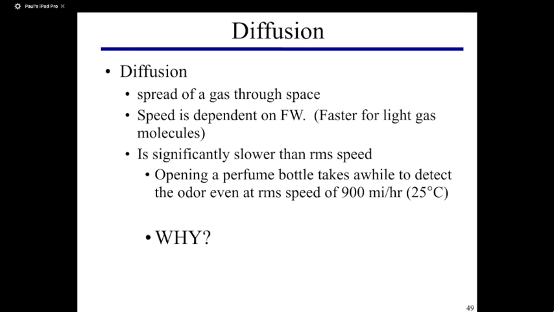Diffusion is the spread of a gas through space. It is dependent only upon its formula weight. It's faster for lighter molecules, and it is significantly slower than the root mean square speed, but it is pretty fast. So if I open up the top of a perfume bottle,